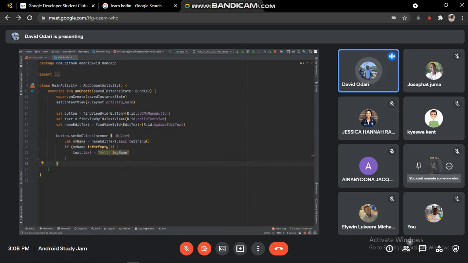When you see this in Kotlin, a dollar sign and something, it means this is a dynamic value. It's gonna change depending on what's passed to it. So it's not as fixed as it was before. Before it was just David, so you had to change the name and then run the app again. But this time it's gonna be changed depending on what's on the edit text. And if we run this,